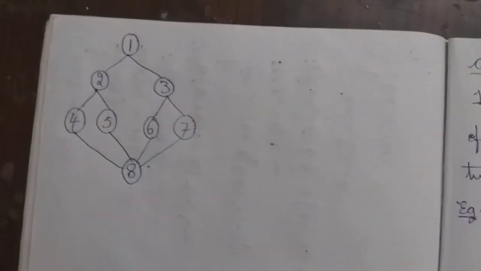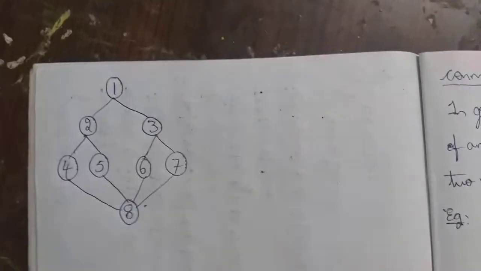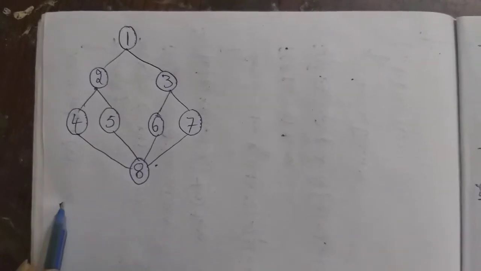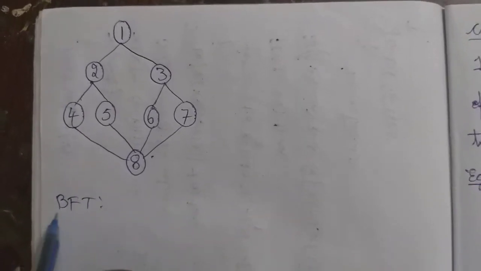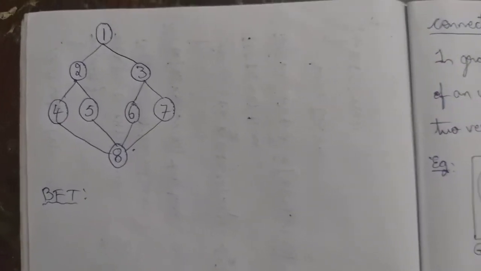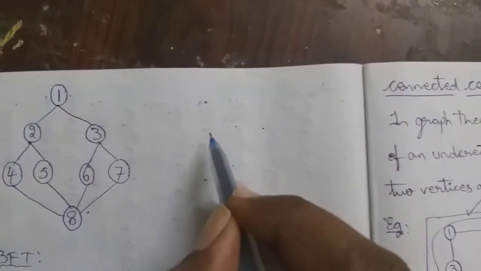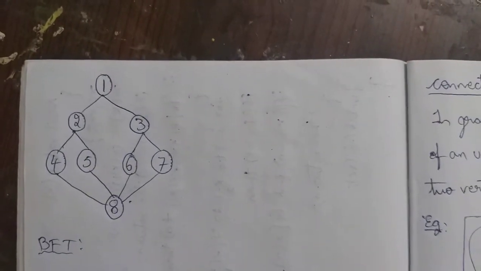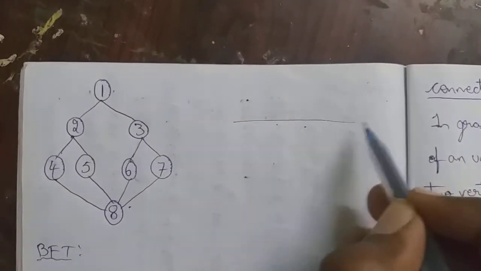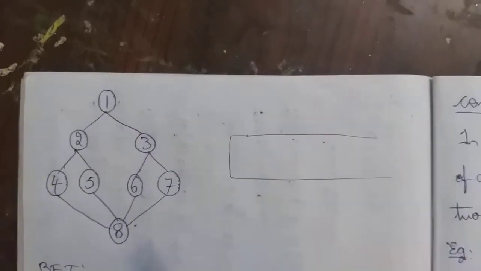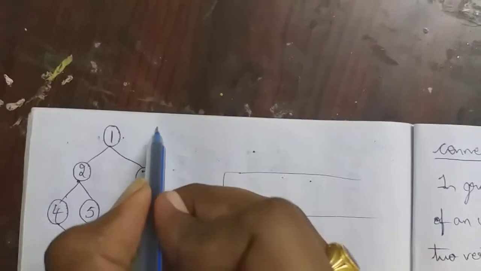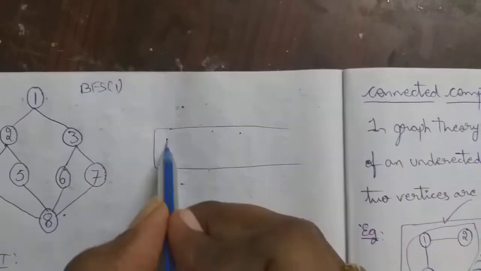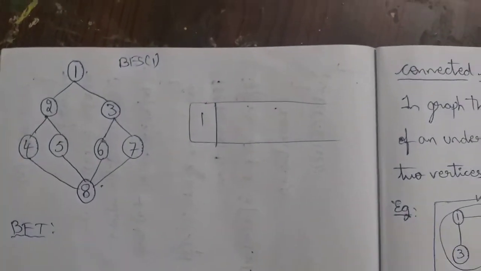In order to revise what is meant by breadth first search, consider this graph. Can you tell me the breadth first traversal of this graph? There are many BFS traversals possible. Can you tell me one traversal? What is the data structure that is used by the breadth first search? It is a queue data structure, right? Initially, if we apply the BFS call at vertex 1, first vertex 1 is pushed into the queue.